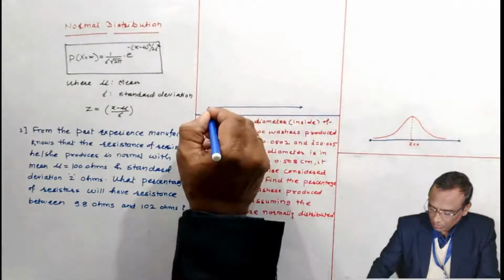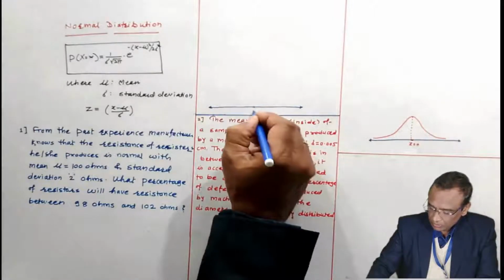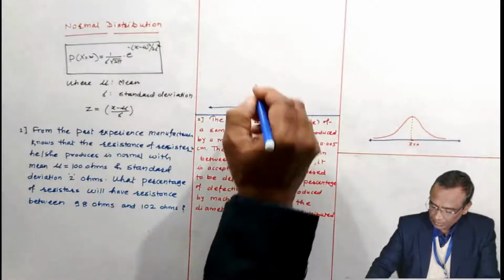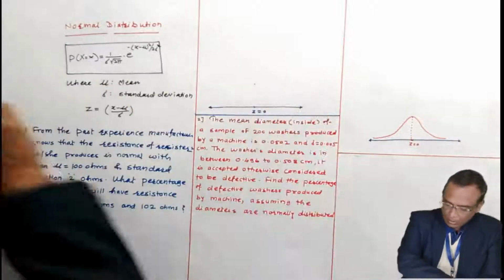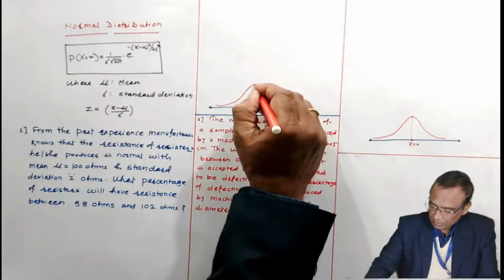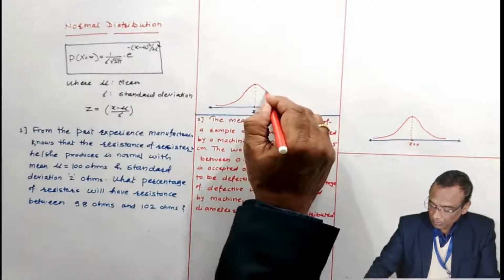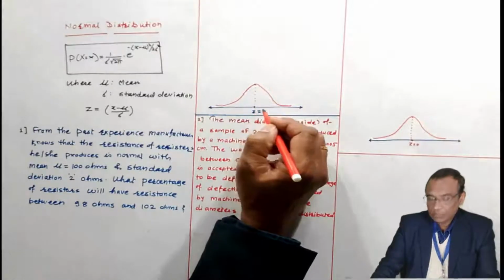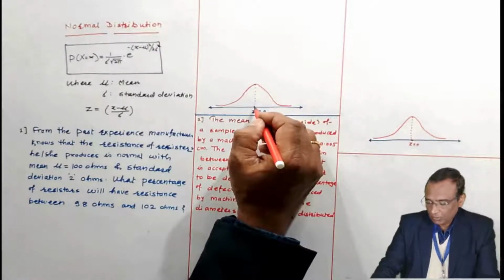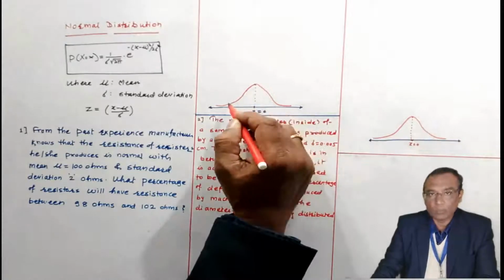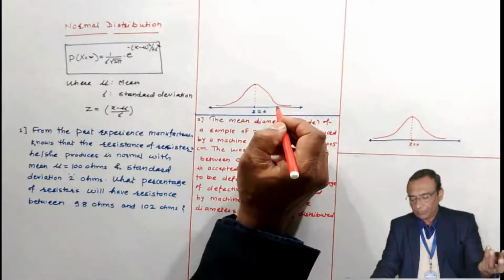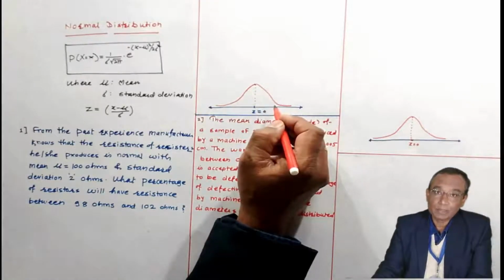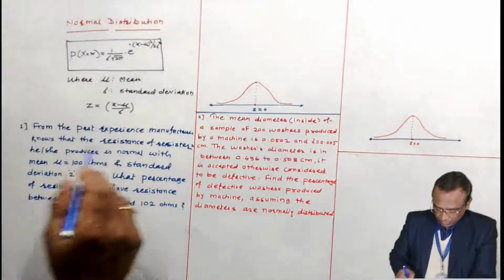I am going to draw the normal curve. Z equals 0 at this place, and this is the peak of the normal curve. This normal curve is symmetric about the dotted line erected at z equal to 0. The horizontal line is an asymptote to the normal curve. Asymptote means the line which meets the curve at infinity. This problem we are going to solve.